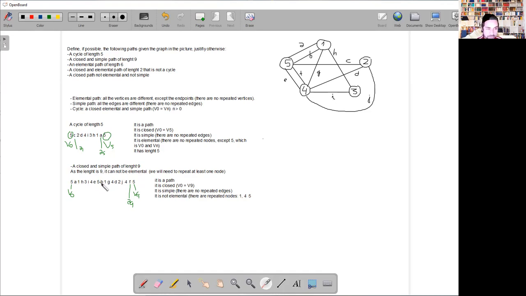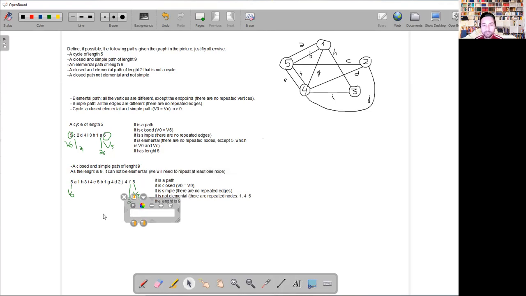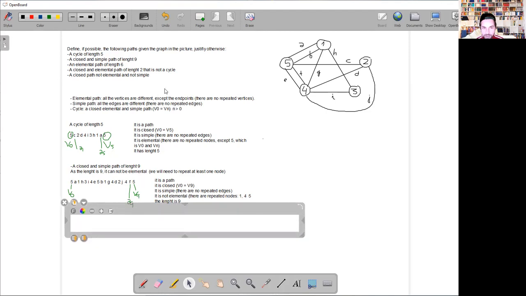So it is not elemental. And the length is 9. Right, so it's okay. Let's go to the next question, which is